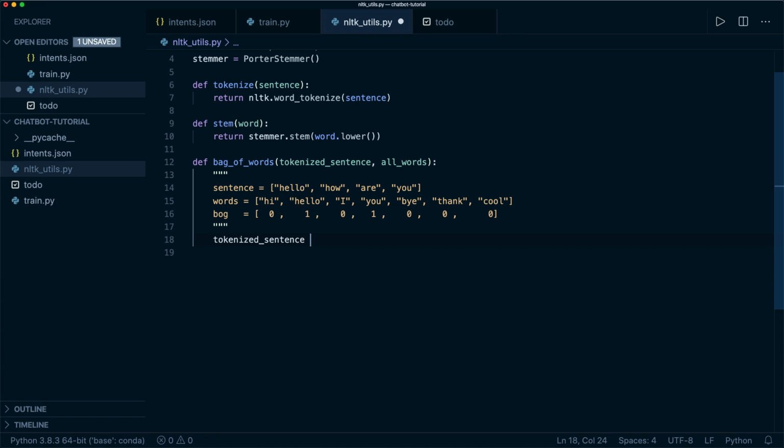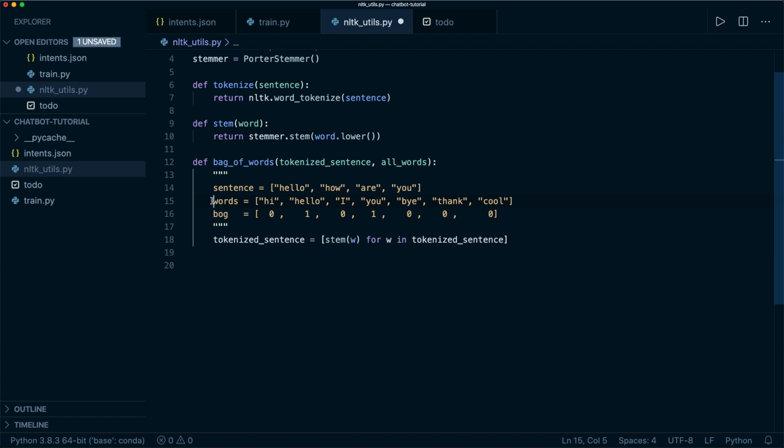So we use list comprehension again and say tokenized sentence equals the stemming function of our word w for w in tokenized sentence. So now we applied the stemming, and then we create a bag and initialize it with 0